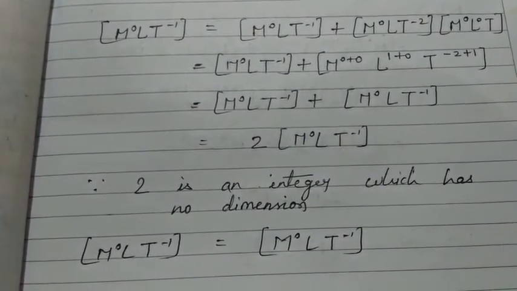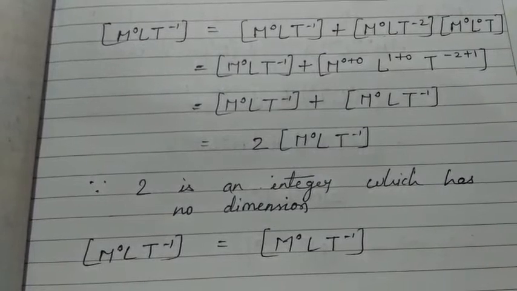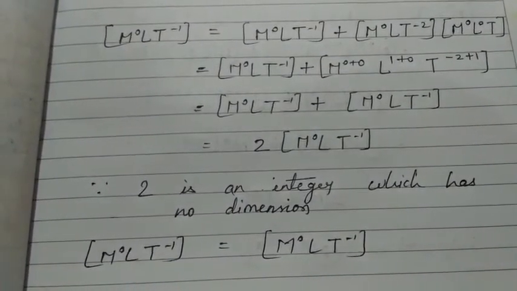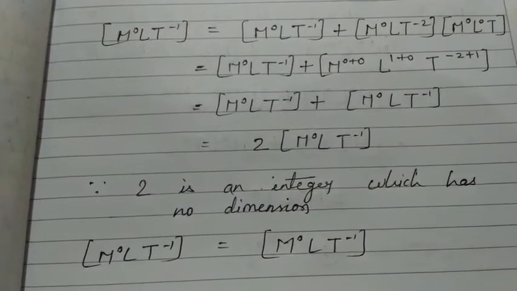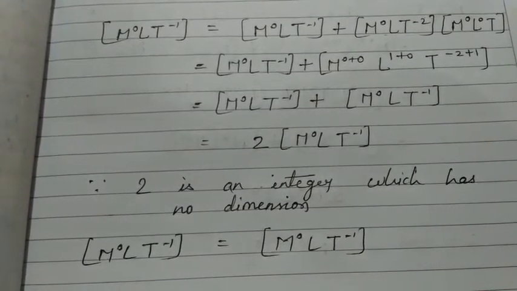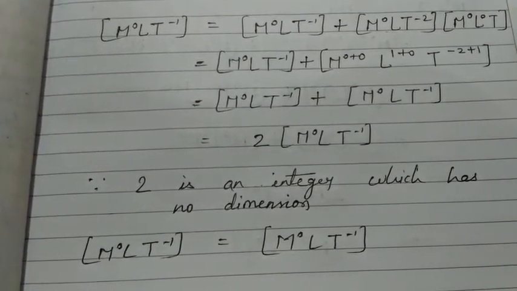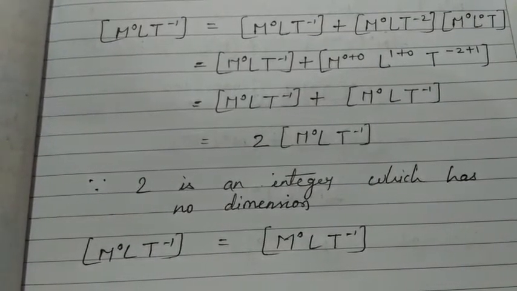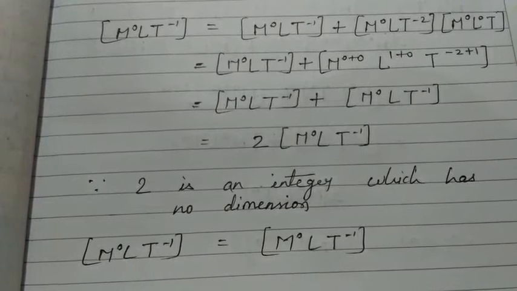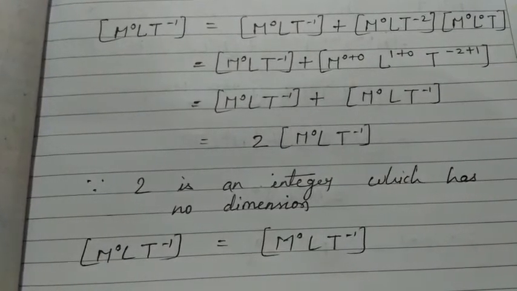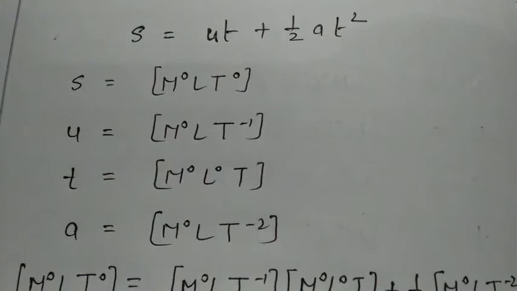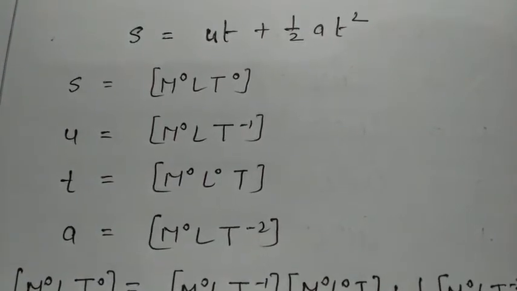We simply have to put the dimensional formula of different physical quantities in the given equation, and after solving that by using simple mathematical expressions, simple algebraic expressions, and neglecting all the integers, if both the sides we get the same dimensional formula, our equation is correct. Now let's solve another formula also.